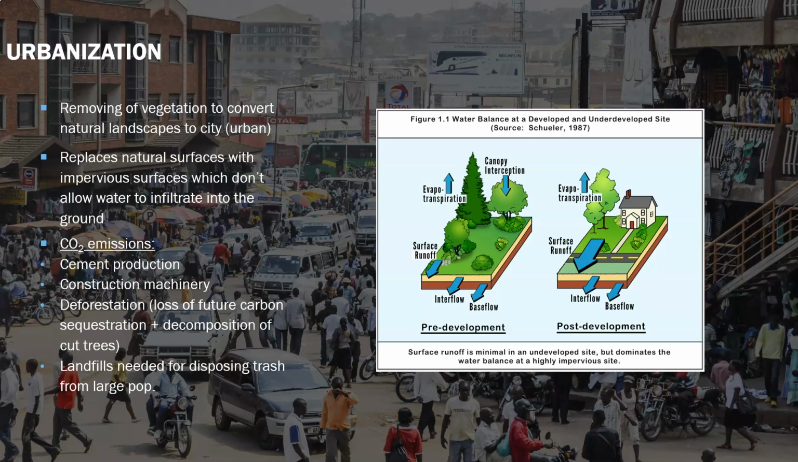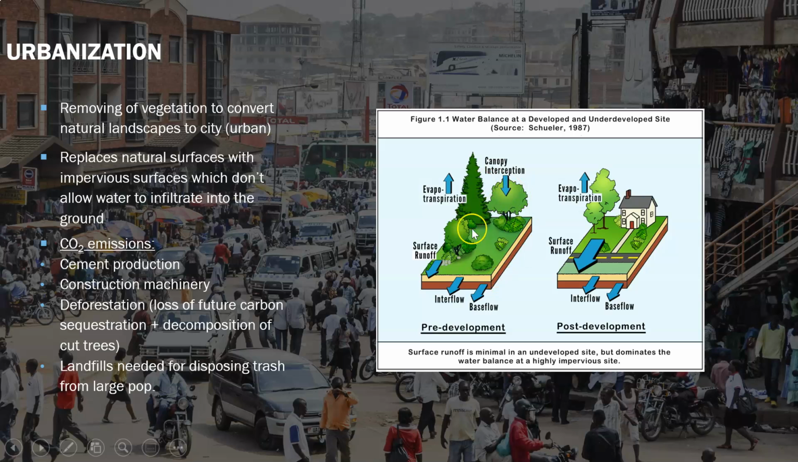So urbanization is the removal of vegetation to convert natural landscapes into cities. We call this an urban area. This involves replacing natural surfaces such as grasses and trees with impervious surfaces, which don't allow water to infiltrate into the ground. So if you look at figure 1.1 here, we see an area that has a